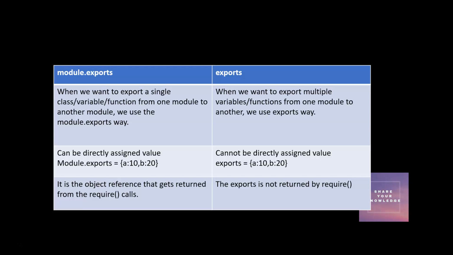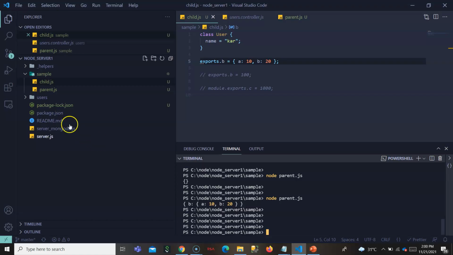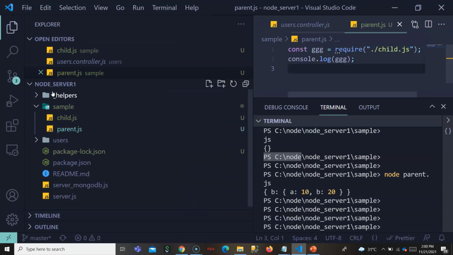Ideally, the module keyword in a module file will have an exports variable. If I want to show you, I can go to this file.